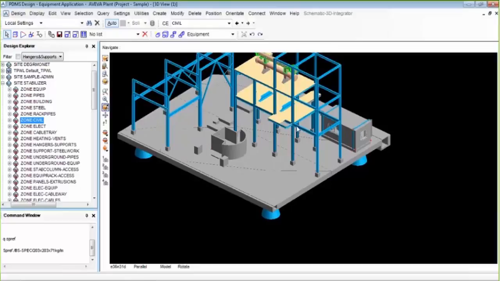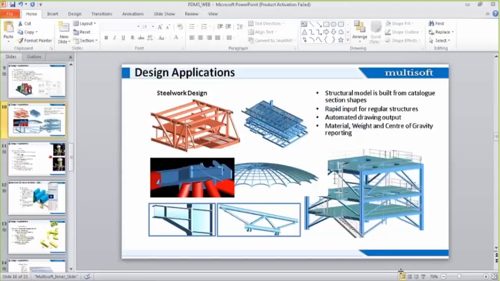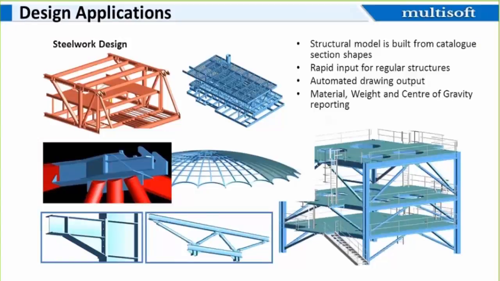Now, once modeling is done, 2D detailed drawings can also be extracted from PDMS. We can also extract material reports like the MTO, structure length, and weight of the structure used. We can also extract the center of gravity report from this model.